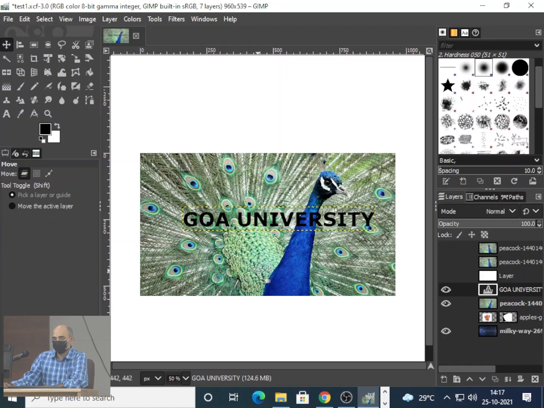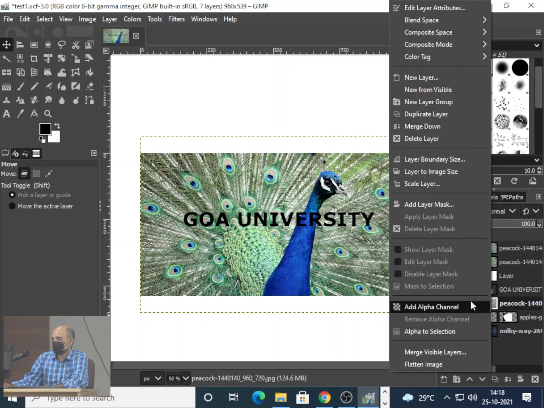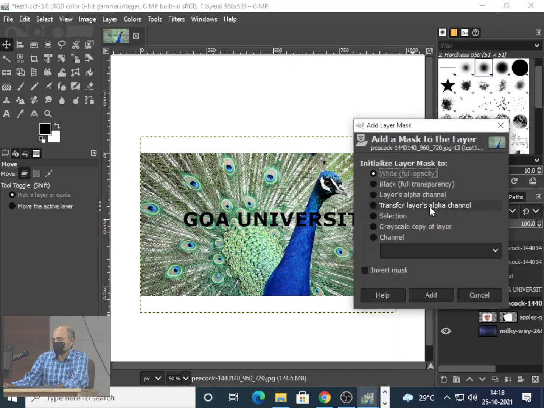I'll repeat it. So first take a look at it, then you can work on it. Okay, so now I've got Goa University here. And then what I'm going to do is click on the peacock, right click, say add layer mask.